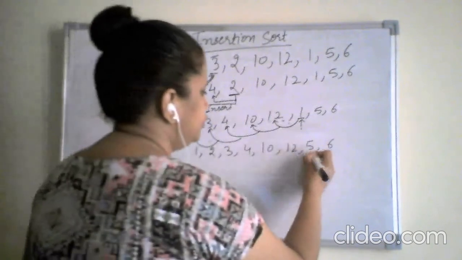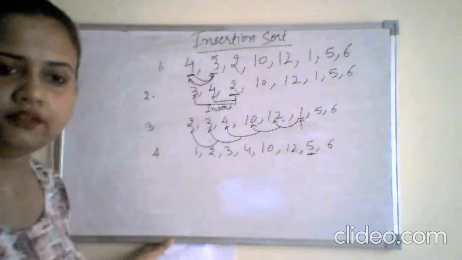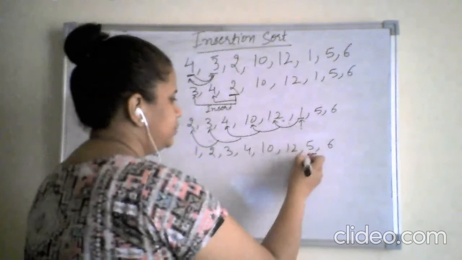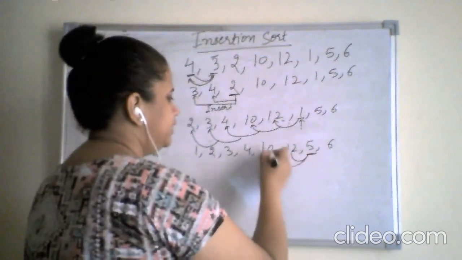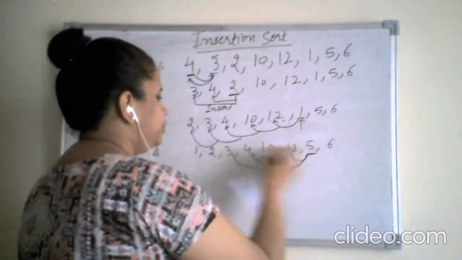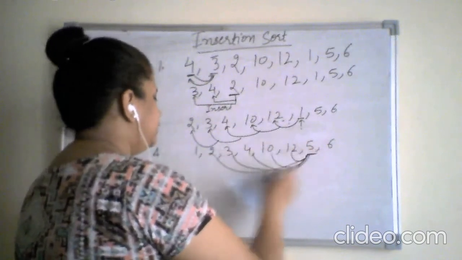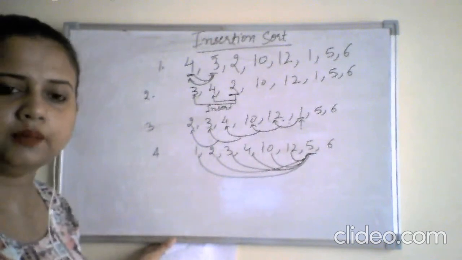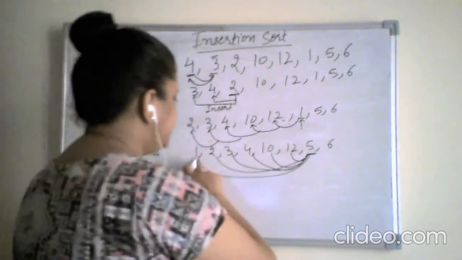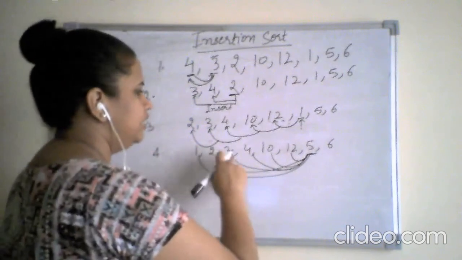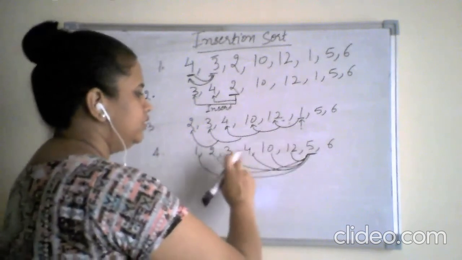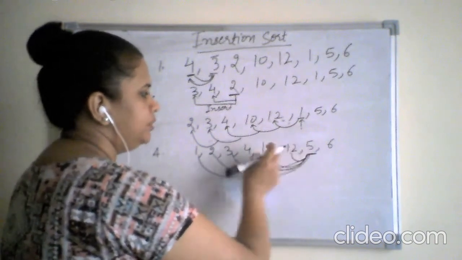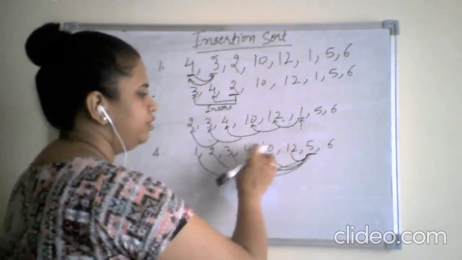Now my pointer will move to the next element, that is the element number 5. So when I am at my location 5, I will follow the same procedure. I will be comparing it with every element, and by doing that comparison I am trying to find the proper location where I will be inserting my element. So 1, 2, 3, right? Nothing will happen because 5 is greater than 3, 4 is smaller than 5, 10 is greater than 5. So it means the location of 5 is somewhere between 4 and 10.